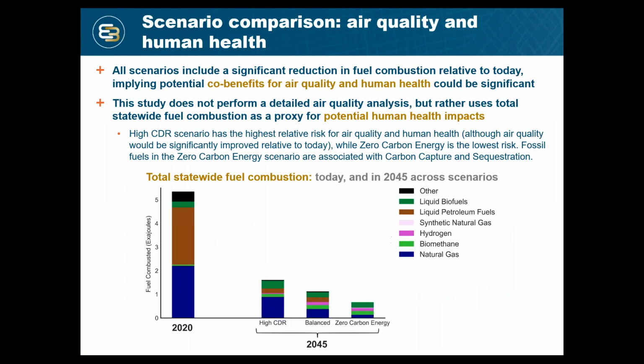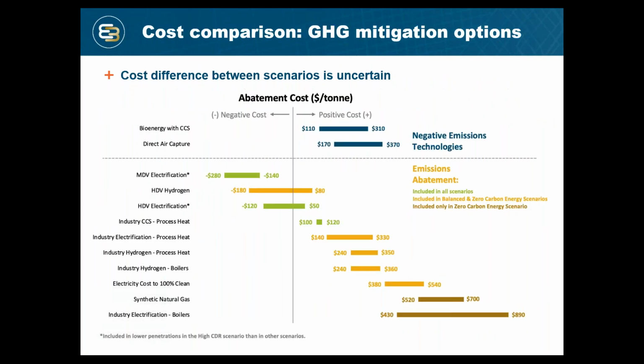So if we go to the cost per ton of the different options, the modeling framework that we're using is not a least cost optimization tool. So the model doesn't pick the measures for us, we are picking those. But those choices are informed by our understanding about where those costs may head in the next 25 years, which of course is pulling out a crystal ball and making some pretty speculative assumptions around how technology costs